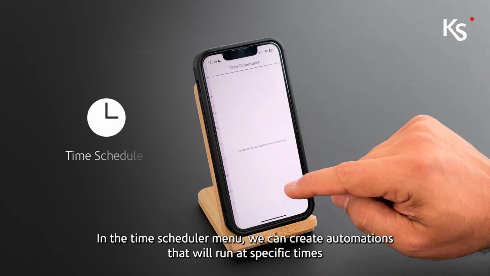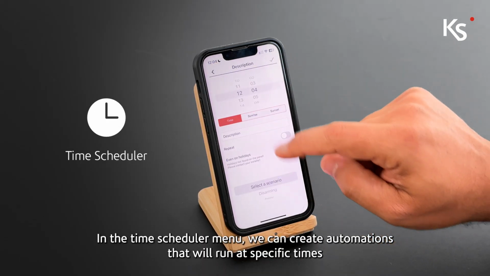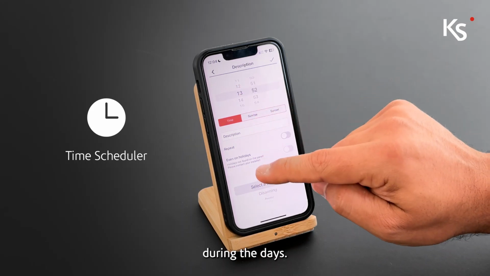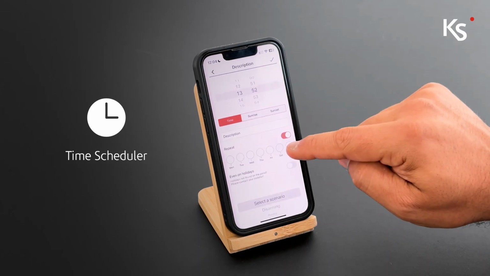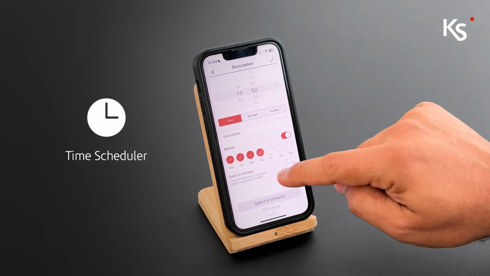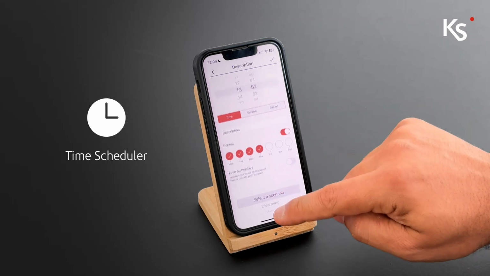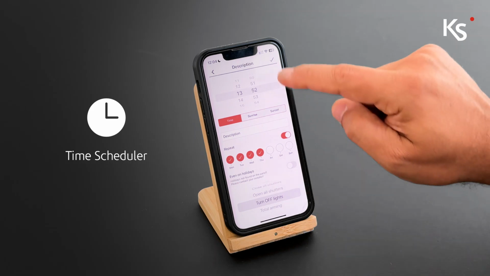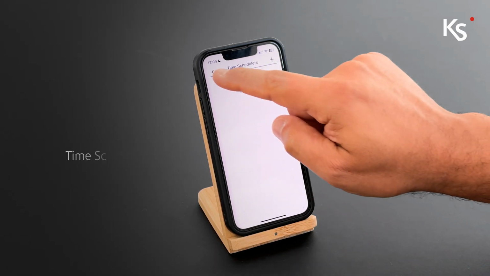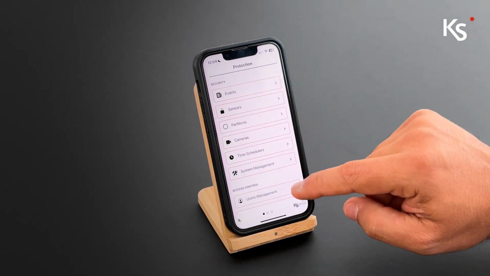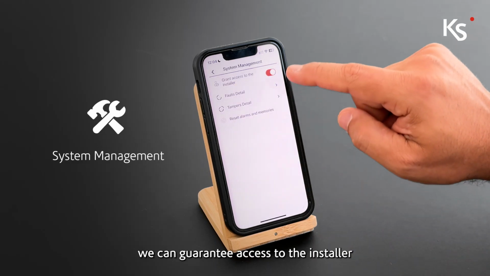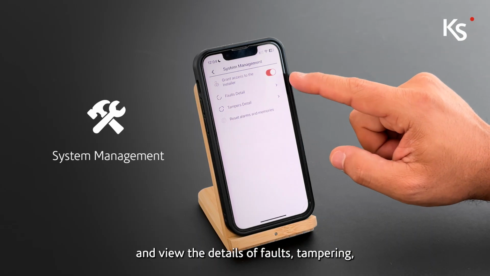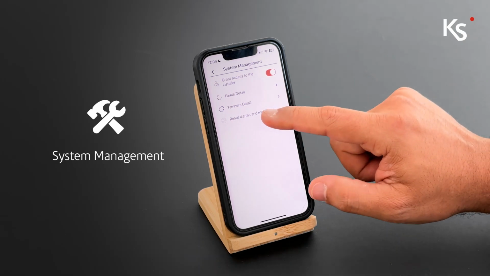In the Time Scheduler menu, we can create automations that will run at specific times during the days. In System Management, we can grant access to the installer and view the details of faults, tampering, or the reset